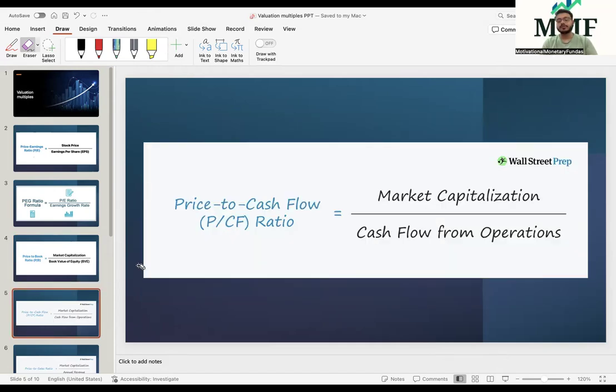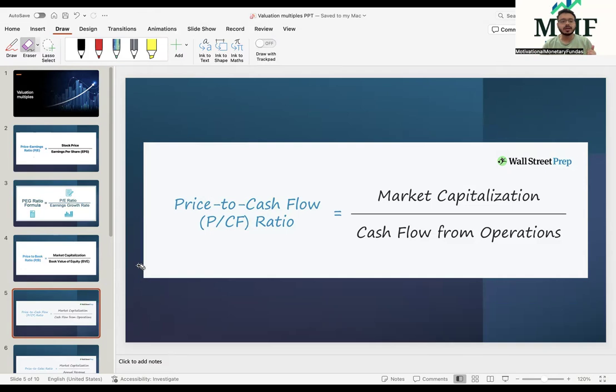Here in this session, we try to cover the price to cash flow multiple. Again, it's a multiple. And before we start with the price to cash flow, one thing I would just set as a disclaimer. Again, this ratio or this multiple cannot be used to value the index.